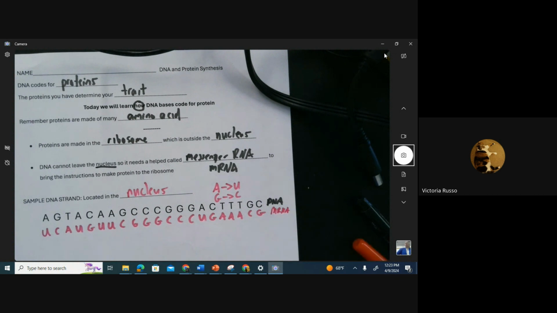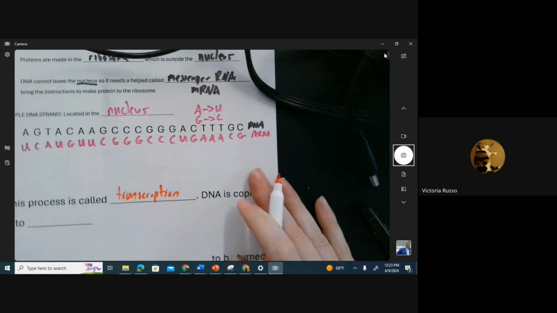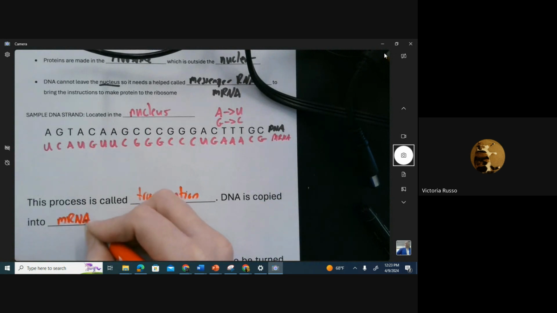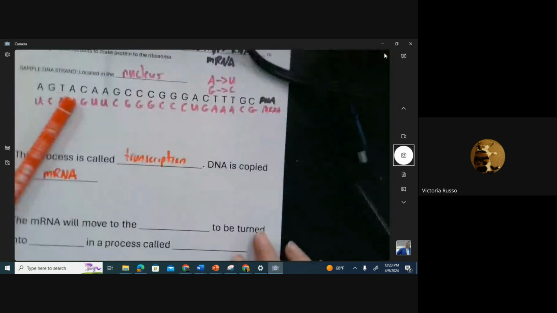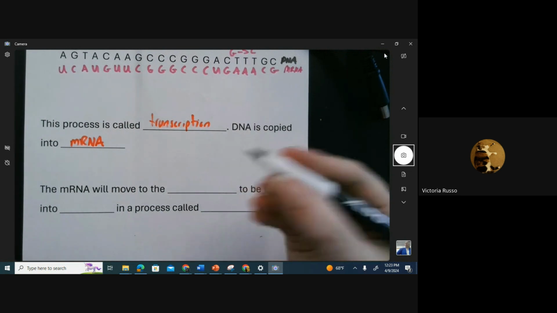Now the process of making mRNA from DNA is called transcription. In transcription, DNA is copied into mRNA. That is the process of transcription. Now, remember, the goal is to make protein. So in the next part of this process, the mRNA is going to move out of the nucleus